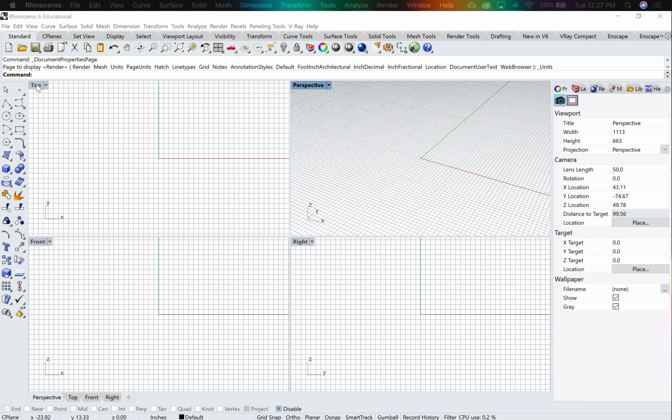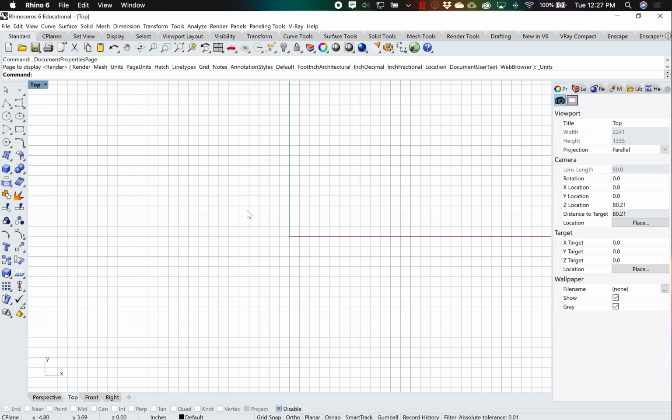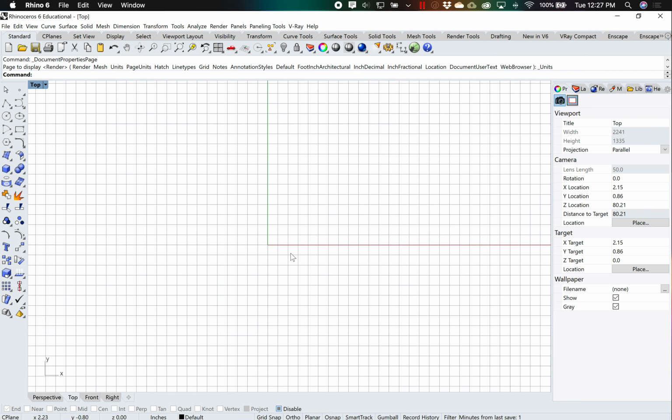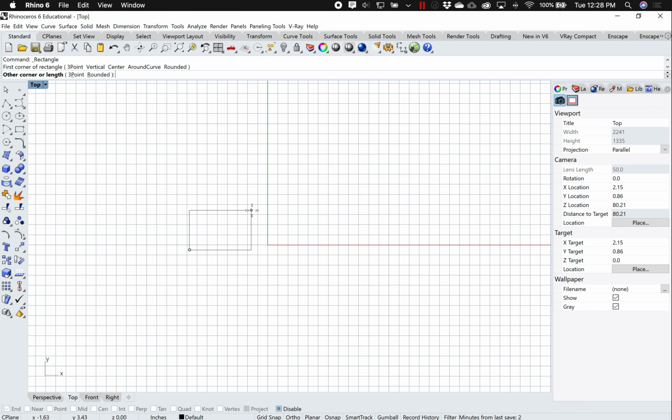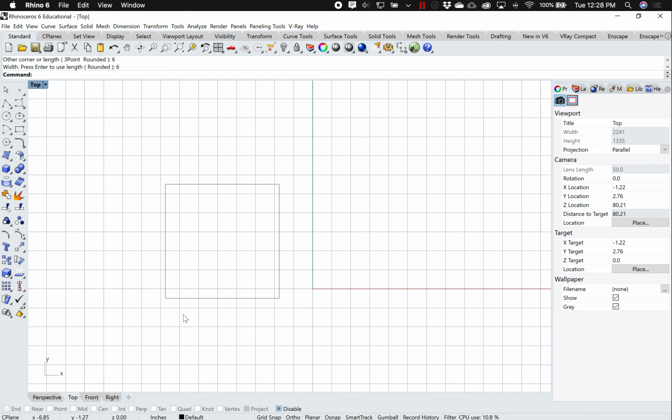All right, so once we're in here, I'm going to go to my top view, double click on top, and I'm going to go over some basic commands like move and copy and rotate. But first, I want something on my screen. I'm going to come over here and click on the rectangle tool. I'm going to click somewhere on my screen. It does not matter where I'm clicking, just anywhere on my screen. And on my keyboard, I'm going to hit 6, enter, 6, enter. And essentially, what I've made is a 6-inch by 6-inch